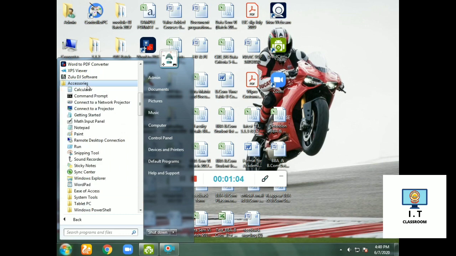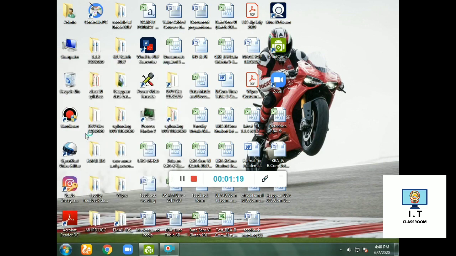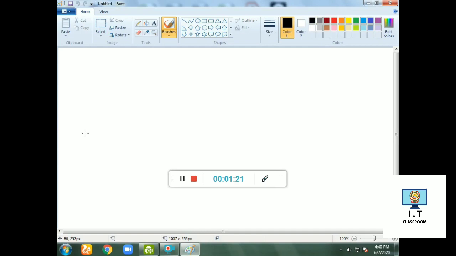Here you will find many application programs. From these programs you need to select Paint. So bring your mouse pointer on the Paint option and just click on it. As you click on Paint, this type of screen will appear in front of you.